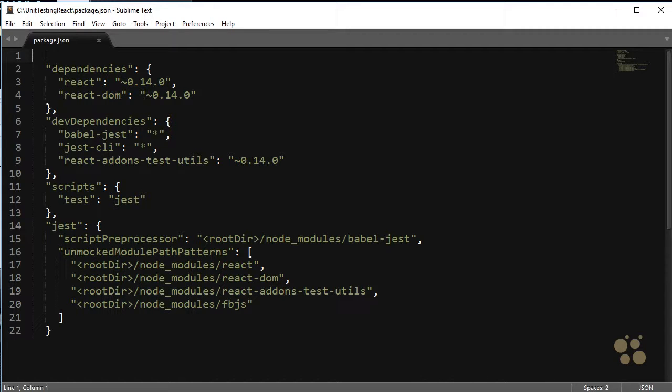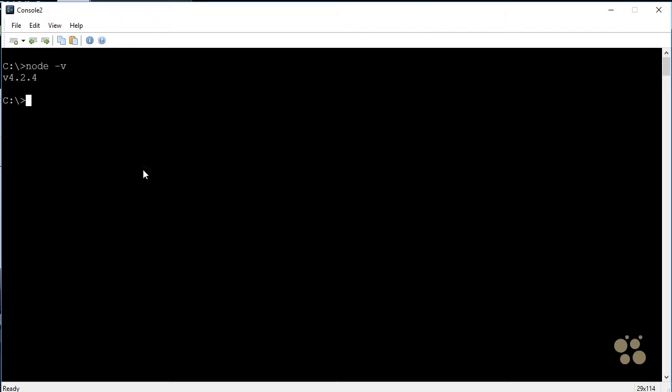I'm just noticing that this code is missing an open and closing curly brace at the top and bottom of this here. That's not going to work if I don't include those, so I'll go ahead and resave that as package.json. It's got to be a full, complete JSON object, so you have to make sure you get your syntax right there. So anyways, NPM is a command line utility,